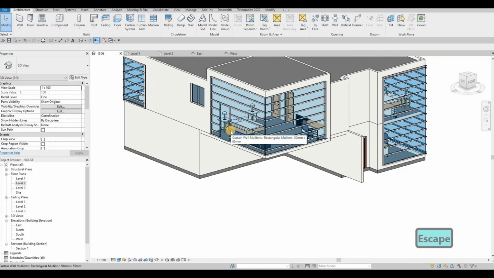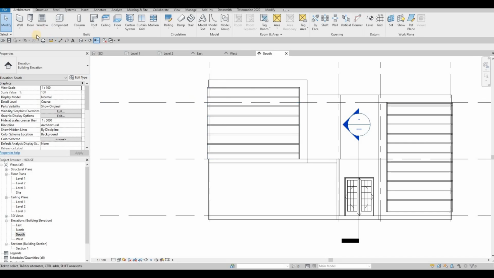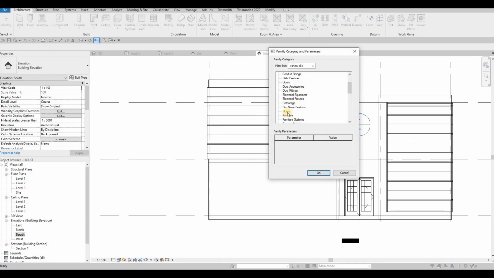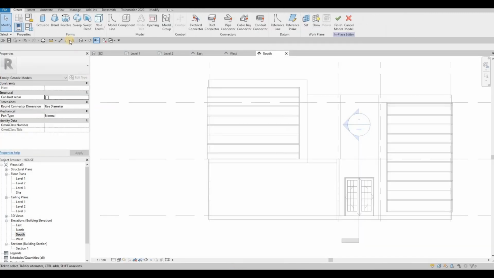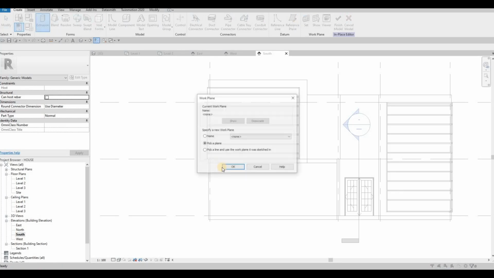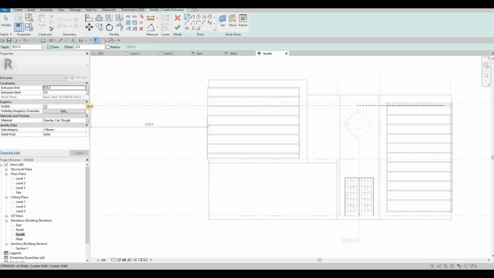Now what we're gonna do is we're going to add the model here. So model in place this part. Let's go to our south elevation, and then we're gonna start from here. I'm gonna click on model in place, generic model, press OK, and then extrusion, pick a plane. I'm gonna select this wall right here,